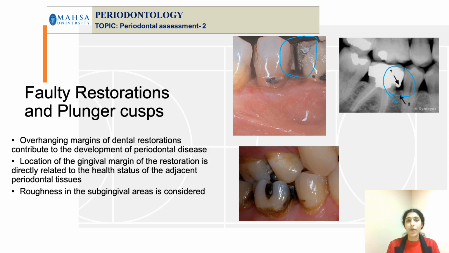Plunger cusp. Another important point is the presence of a plunger cusp. Uneven marginal ridges and open contacts also cause food impaction. But a plunger cusp is what you can see here. Instead of falling into the cusp and fossa relation, it falls in between the two teeth. This is the cusp that actually causes the food impaction. It forces the food to lodge into the area in between. Such cusps are called plunger cusps. So please do examine for the presence of any plunger cusp in case the patient complains of food lodgement or food getting stuck between the teeth very often.